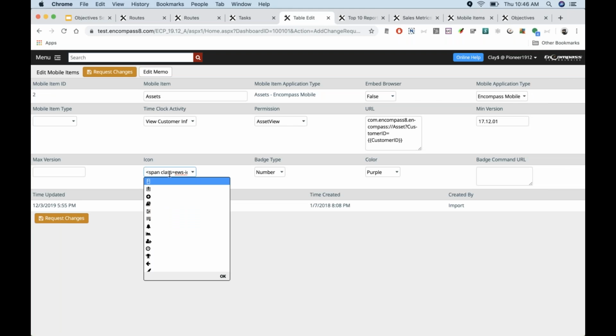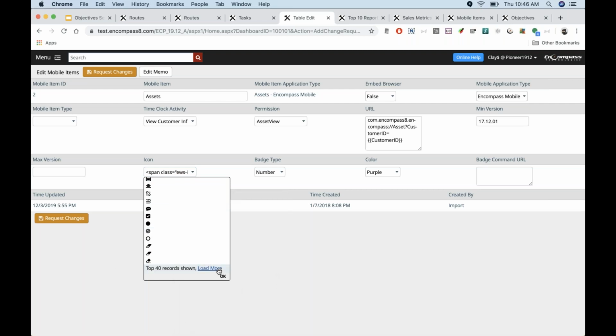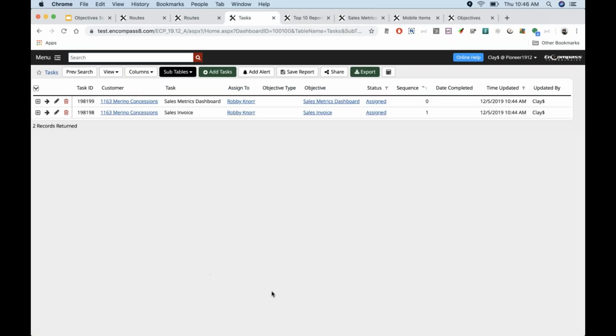We are continuing to think about that and continue to think of ways to improve that. We do, in fact, in the newer versions have a load more function to allow you to see those, but you're right, once they are saved as that link so that we can display those properly on Encompass Mobile. So anyways, Tyler, thanks for that feedback. We appreciate that. But with that being said, I think that was the only question that we have.